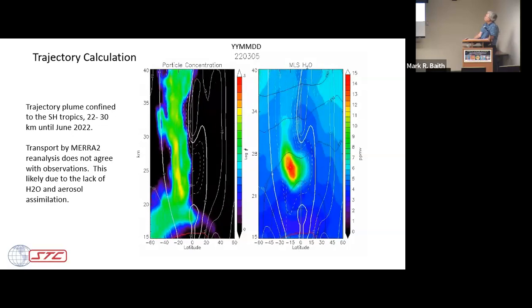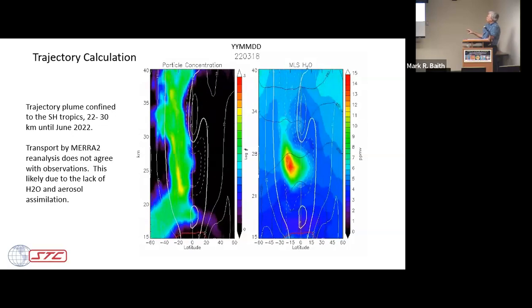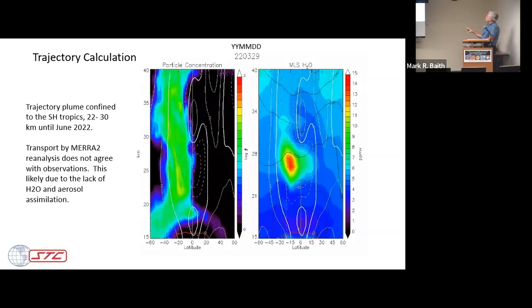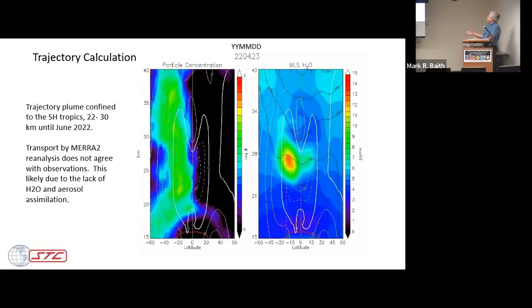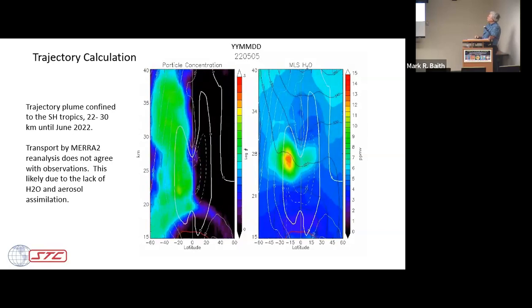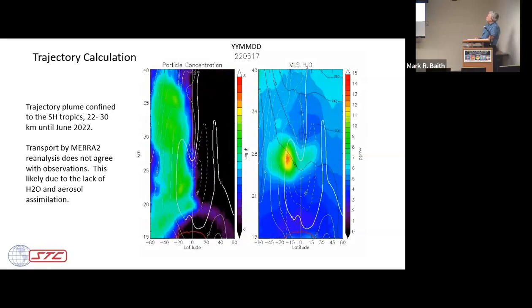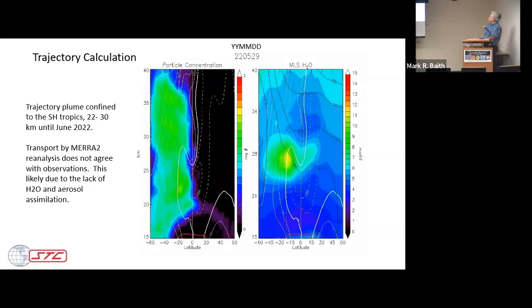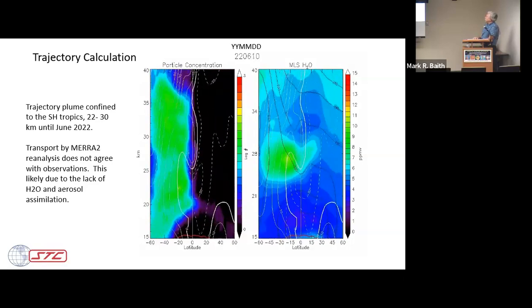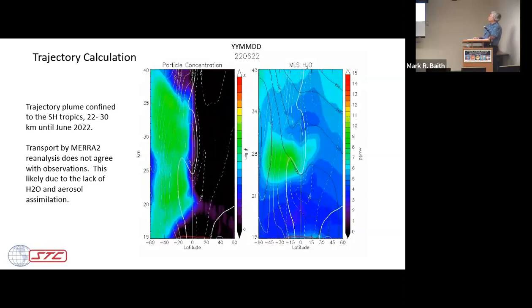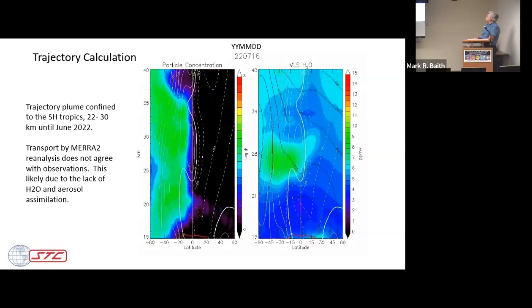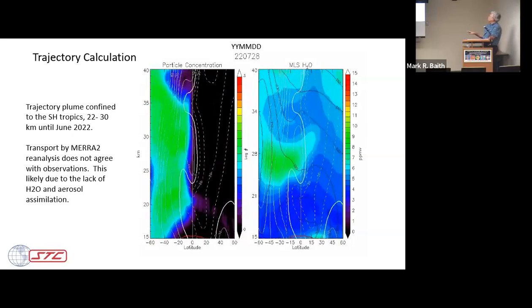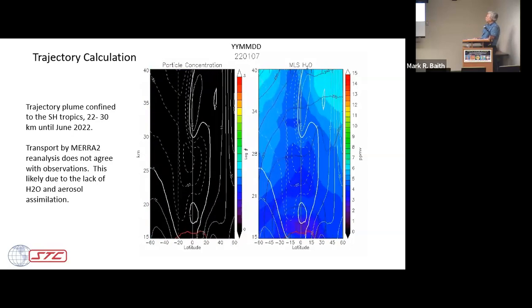Now remember, water vapor is not going to be in the lower stratosphere because it's so cold. It's pulled out, but you can see the spread of the trajectories. Now the interesting part is, do you see many trajectories going into the northern hemisphere? No, they're not going there. They're stuck in the southern hemisphere, except very low down, about 20 kilometers, you see them. When the QBO descends, you saw a little bit of trajectories moving into the northern hemisphere, but mostly not.